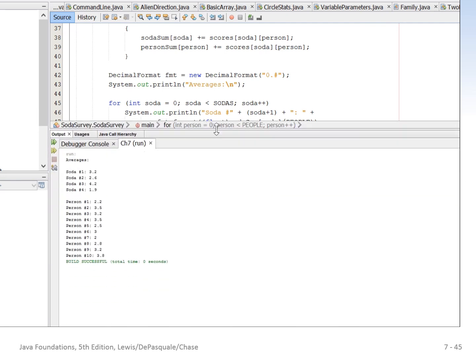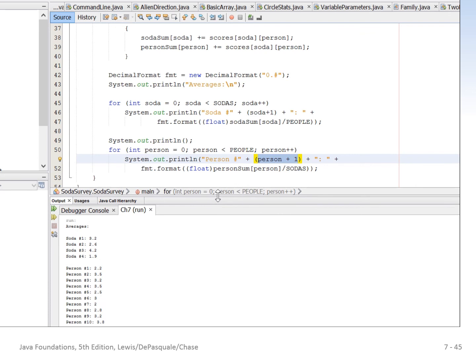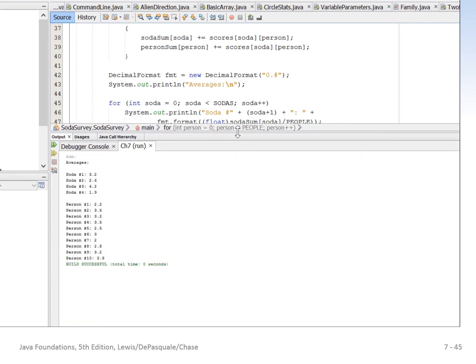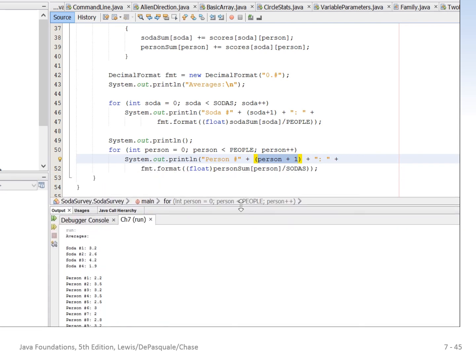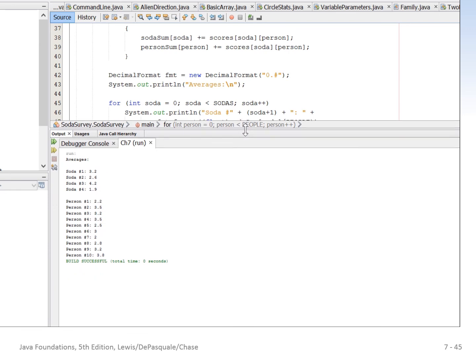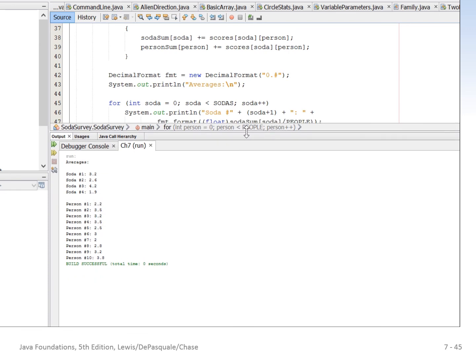Now, if we were in class, we'd be running this, we'd be changing some numbers, and we'd be looking at this. But because this is an online course, I really need you to download this, run it, and take a close look at what's happening and modify some of the values here. So soda number 1 had a ranking of 3.2 for those 10 people. Soda number 2 had a 2.6. Soda number 3, 4.2. And soda number 4, which we noticed in the last row, had some low rankings, a